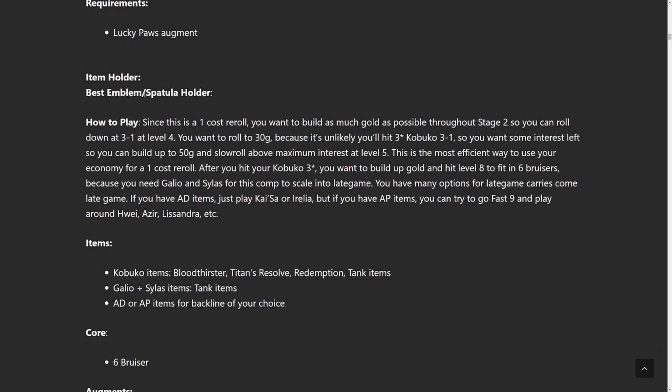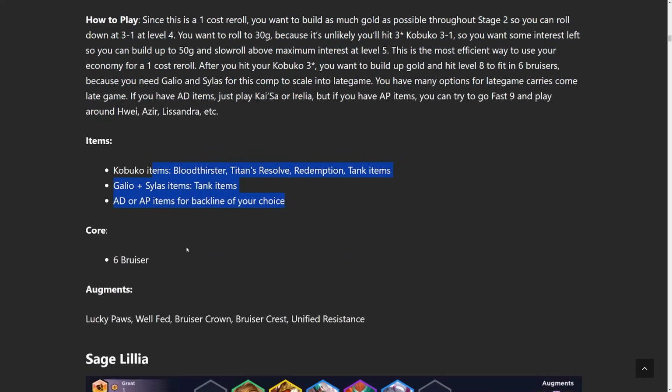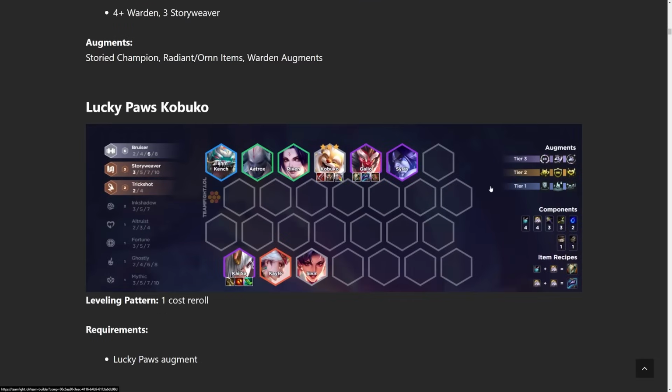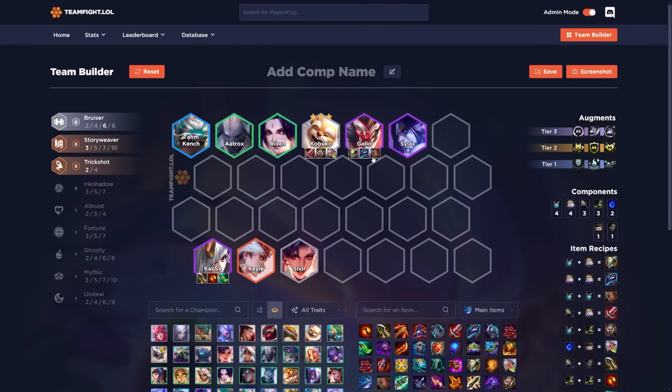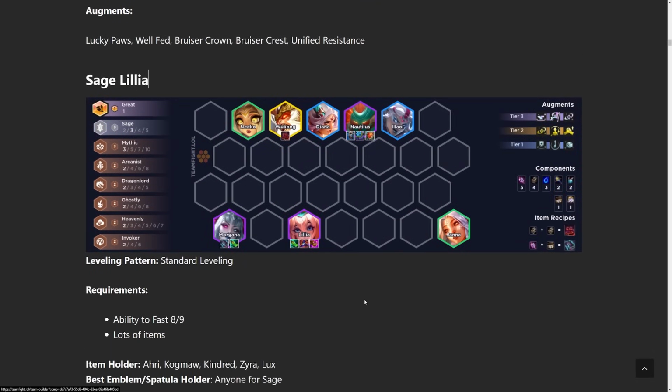head on over to bunnymuffins.lol/meta. Check out the how to play section, item recommendations, augments over here, and if you want to play around with a team comp, just click each image and they should bring you up to the team where you could adjust as needed. But going back into the next comp, we have Sage Lillia, probably my default comp of